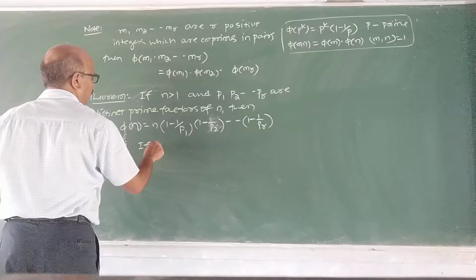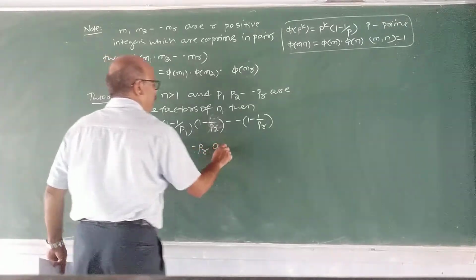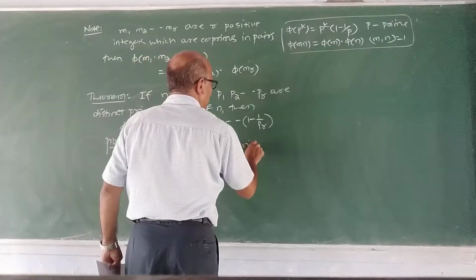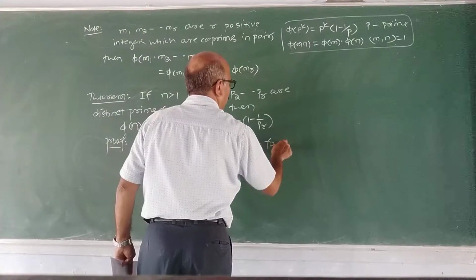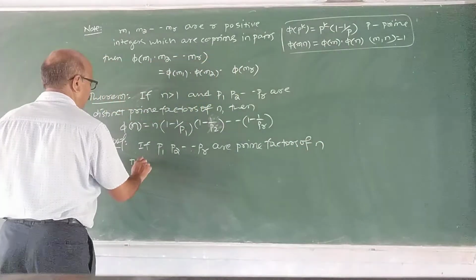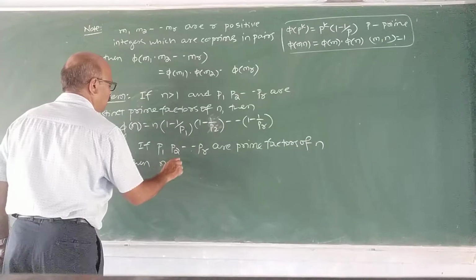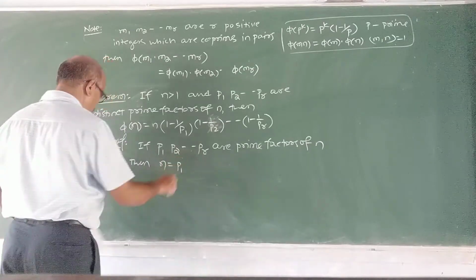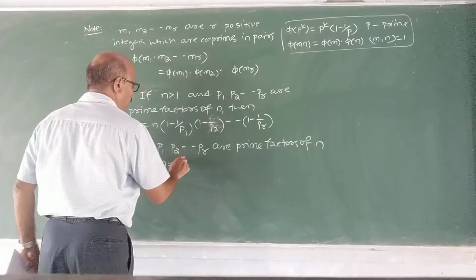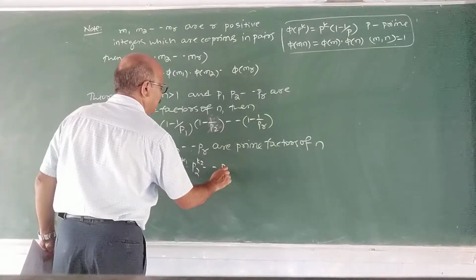Proof of this: P1, P2, etc., Pr are prime factors of n, then by unique factorization theorem, n is P1 raised to k1 into P2 raised to k2,